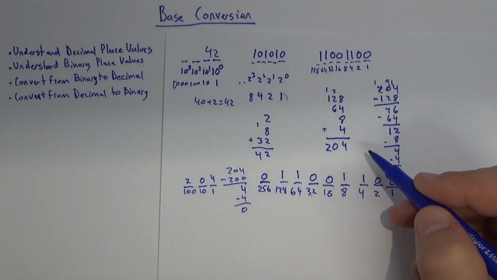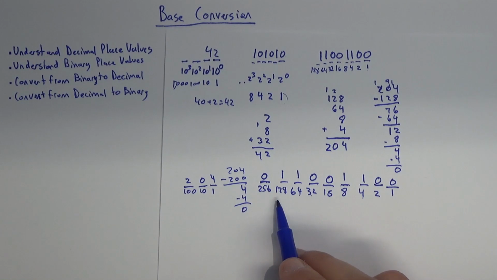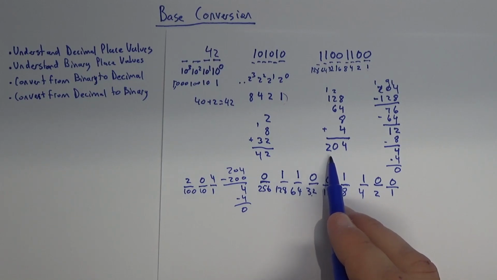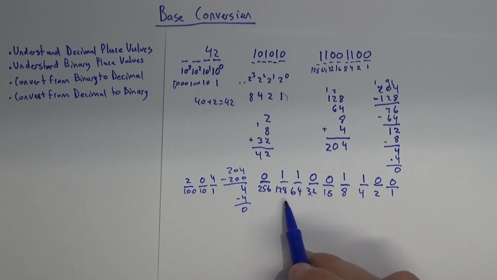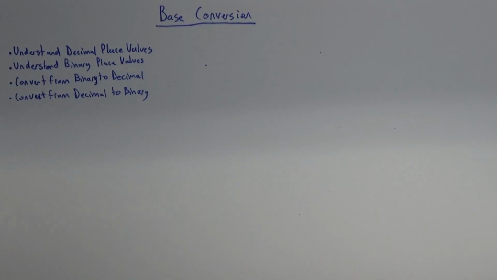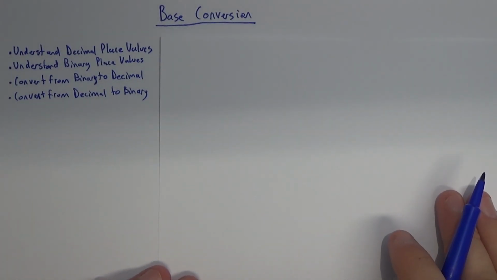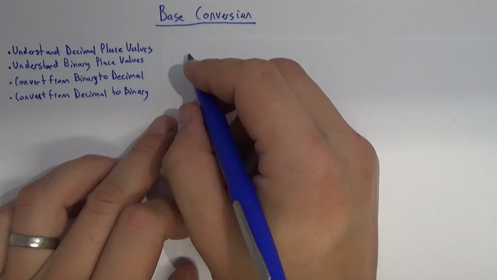In order to reverse the process going from decimal back to binary, we have to figure out first what the largest place value is that we can hold a value in, in this case 128, which is less than 204, and then work backwards from there, subtracting out what we've accounted for as we do those numbers. Let's go ahead and do one more example. So we're going to start with a decimal number. Let's do a nice big decimal number. So I'm going to do